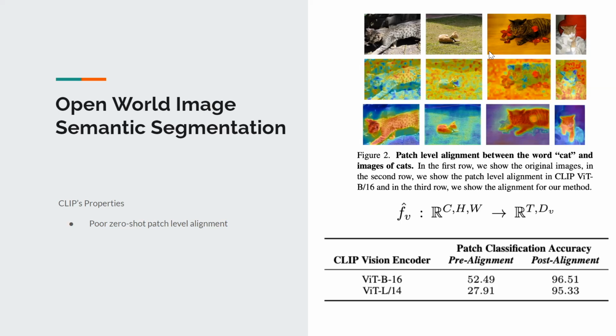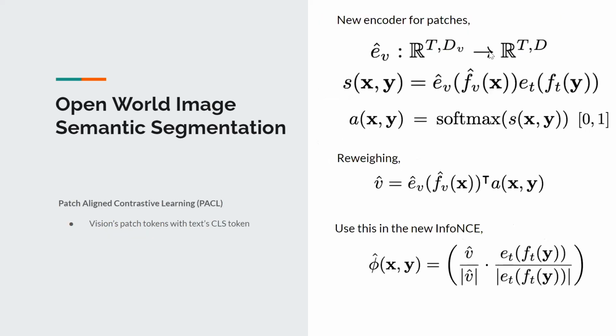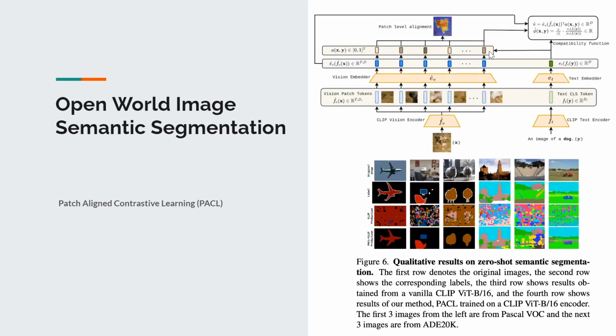And this is actually a well-known fact, to be honest. There are subsequent papers that also found this out. So it's kind of interesting. Whereas it has good semantic coherence, meaning you use CLIP to represent all the patches, because this vision encoder is a ViT, a transformer. You have all the patch tokens anyway, and you try to cluster them, and it clusters very well. The patches that belong to the same objects cluster together quite well. So anyway, this is our formulation, and the results are super good.